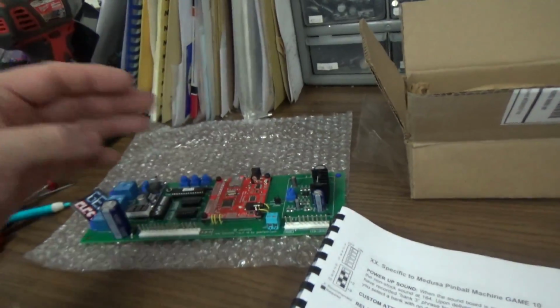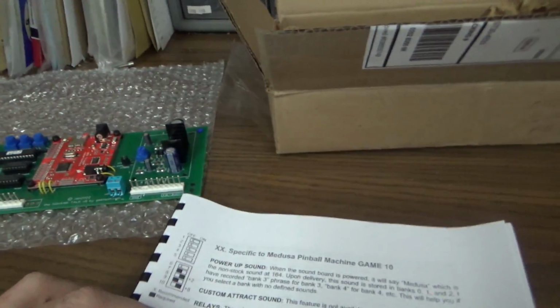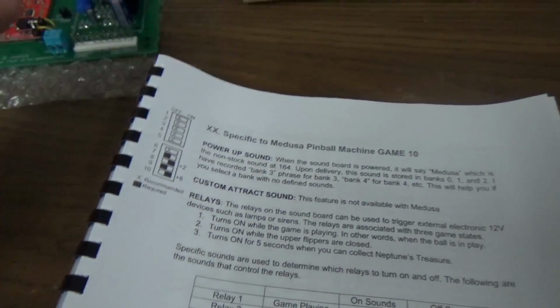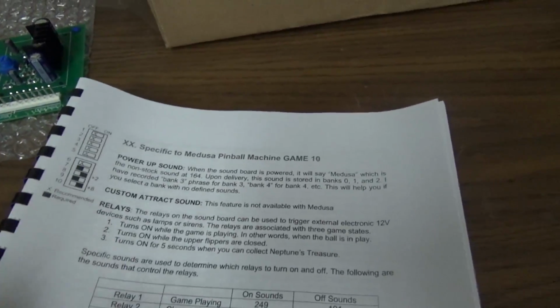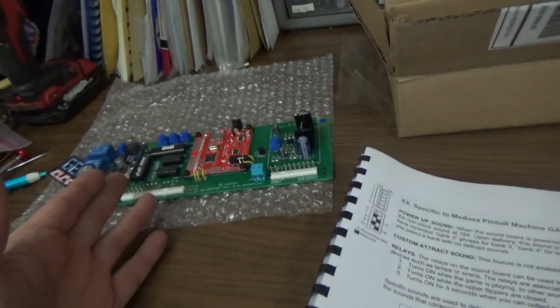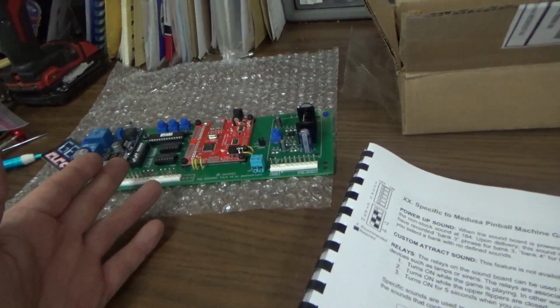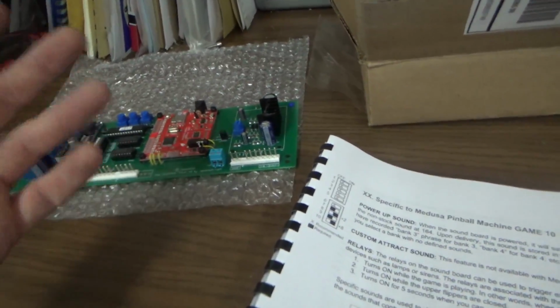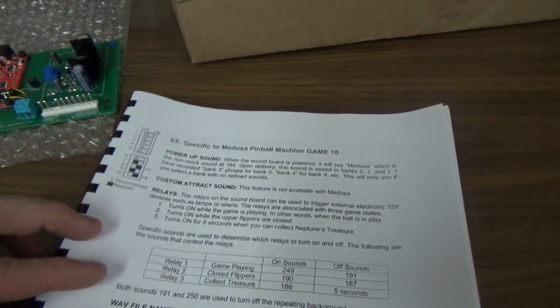You have to get some kind of signal from the MPU to decide that. So he can't just make a track sound work if the MPU isn't telling it to do that. And this board wouldn't even know when it's in a track, really. Yeah, I guess it could tell if it wasn't getting a signal from the MPU. Okay,